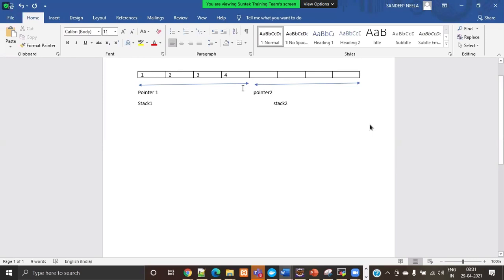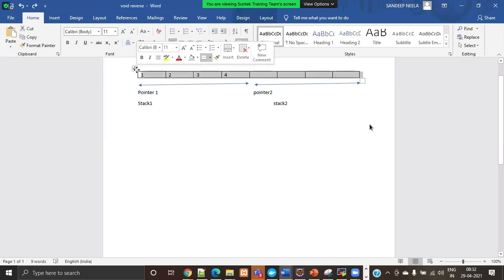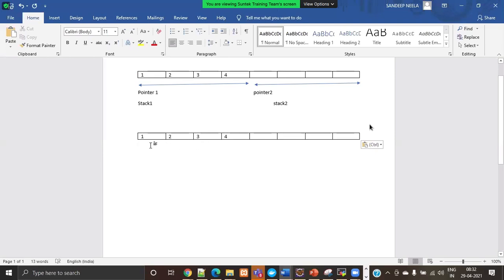When it reached pointer 2, it said stack overflow. So for that, we came up with a solution: in this case, pointer 1 will start from this end and pointer 2 will start from this end.